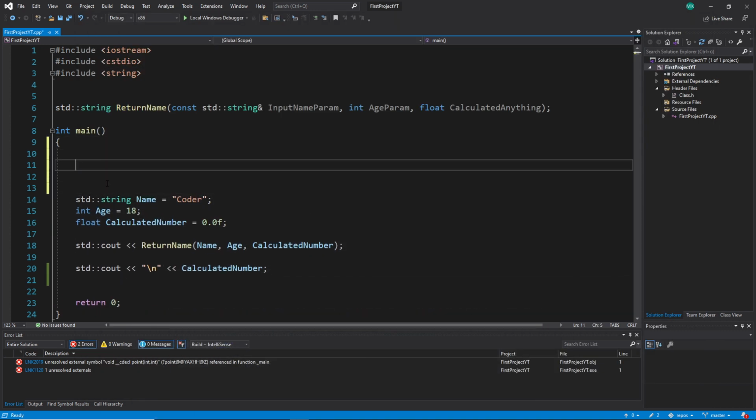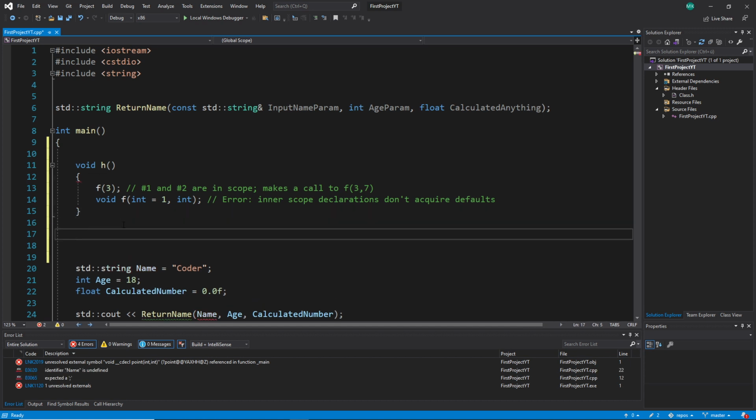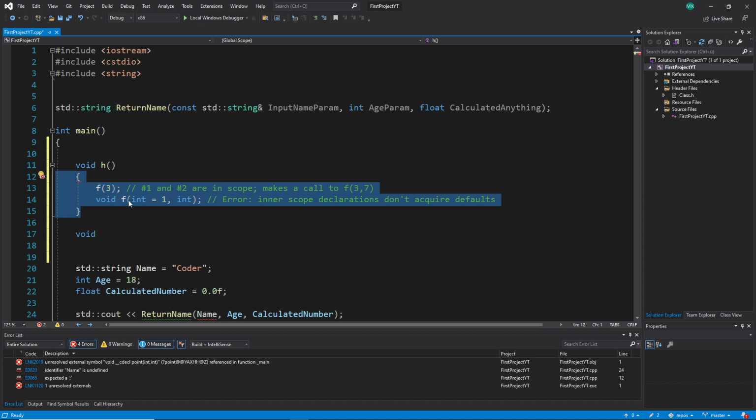For example, let me copy this one here and let me demonstrate what I mean all the time. As a programmer, let's compare. I write this function again down here. I write here, instead of void, H. Let's see what this function does. You see, now I have to read the whole code in it to understand what this H function is doing. So I see this H function is calling another function f with an argument 3. Okay, and this H function is doing what? It is calling another function with 2 arguments and trying to use a default argument and has an error.